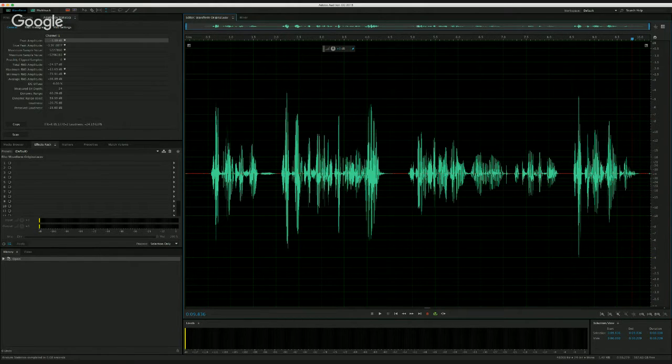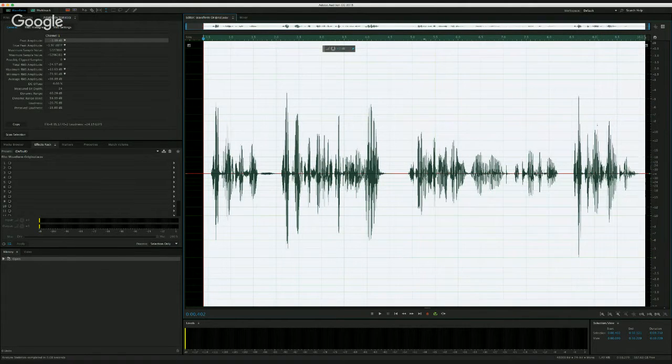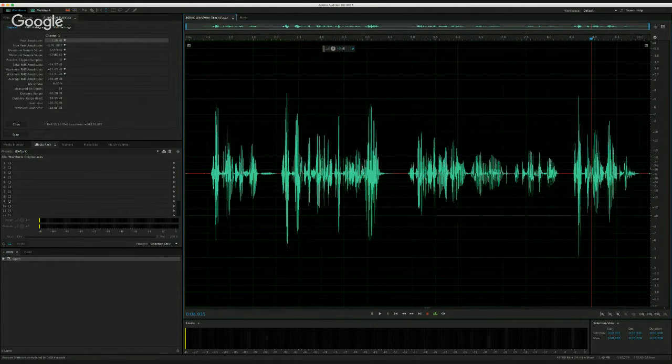The recommendation is you want to probably loudness normalize to minus 19 LUFS if it's mono, or minus 16 LUFS if it's stereo. So those are perceptually the same, incidentally. So we probably want to make this a little bit louder. And the way to do that, if we just take this audio file here,